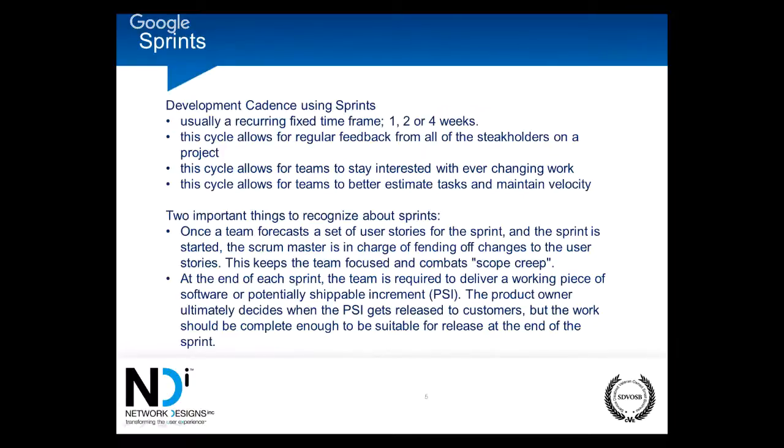All right, so at the end of each sprint, the team is required to deliver a working piece of software. Now, it's a PSI, which means it's a potentially shippable increment. The PSI is really only a valid component once the product has been released, or at least there's a baseline of the product. You're not really going to ship the infrastructure set, which is really, we call it story 0,